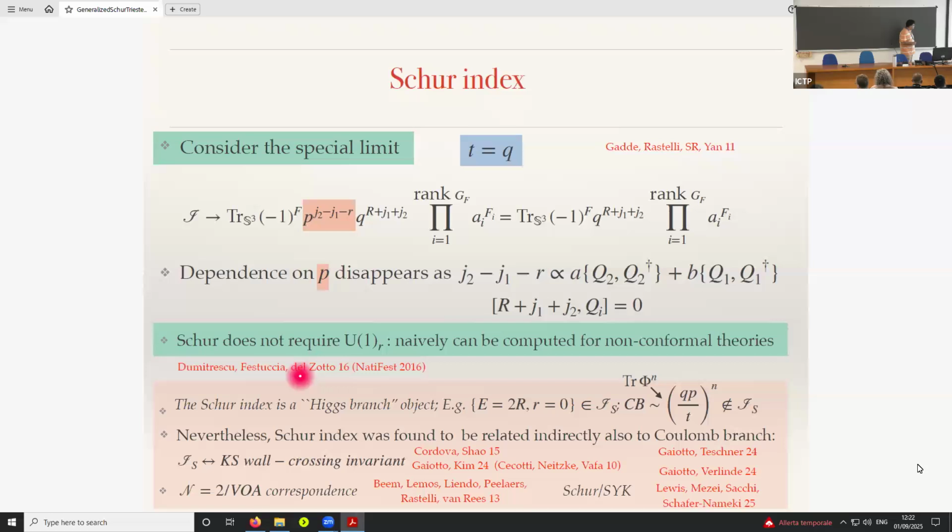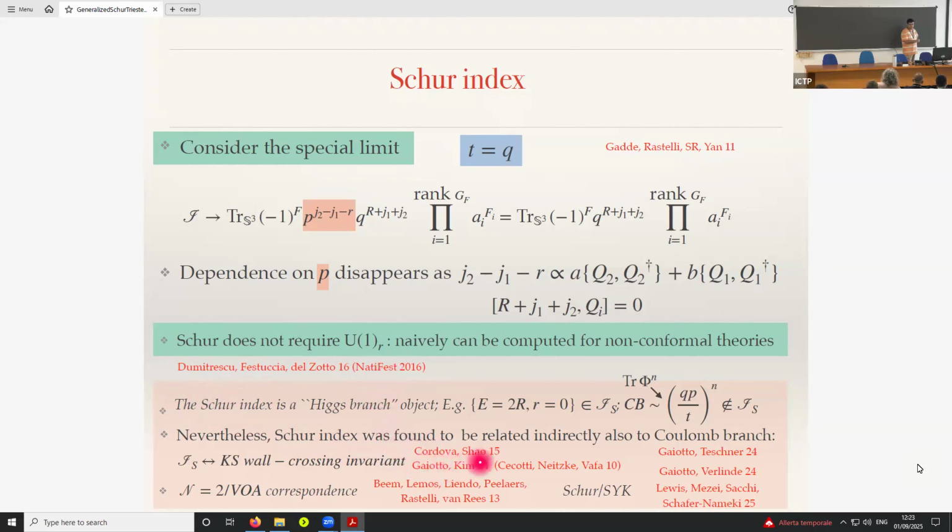So there was a paper, there is a paper, Michele is here, I didn't see Michele. So if Michele is not here, let me say some harsh words about Michele. So there is a very nice work of Thomas Dumitrescu, Guido Festuccia and Michele Del Zotto from 2016, but